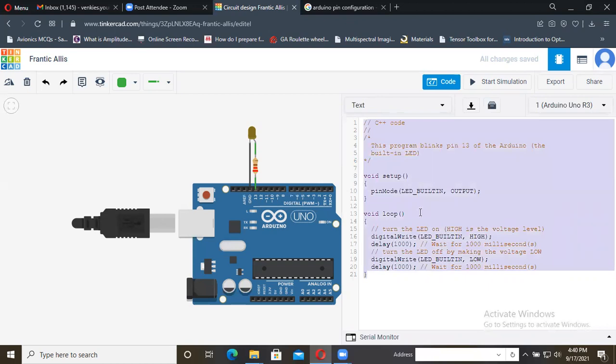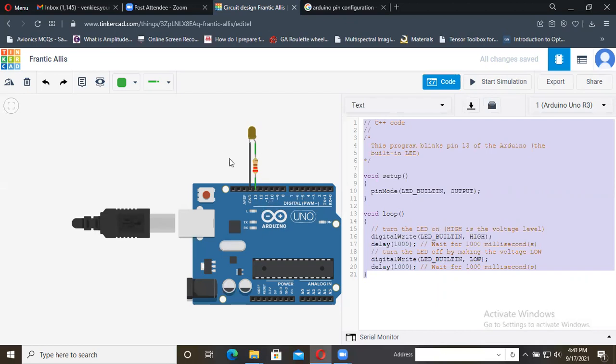You can easily copy and paste this and use it in your real hardware connection, and in the real software you can paste this code and directly implement it on the Arduino board. If you run this code, practically the LED will operate as you observed in this website. So this Tinkercad website is very, very useful. If you have very little knowledge of coding, you don't need to write this code in your Arduino software. Without writing code, first implement this online.